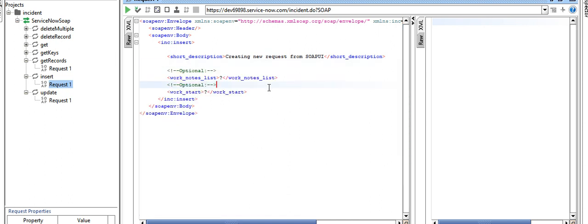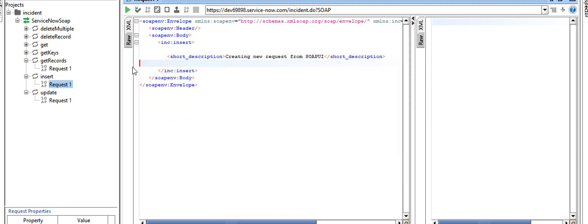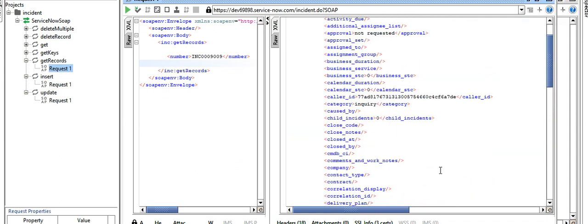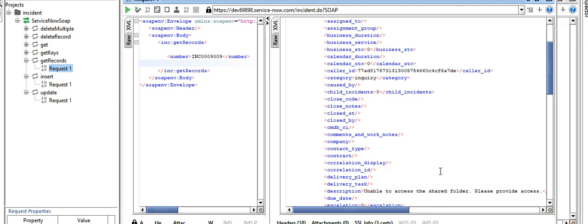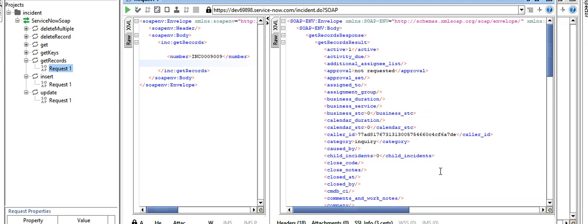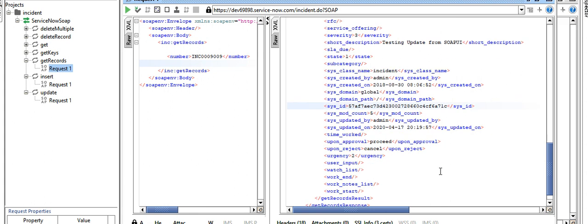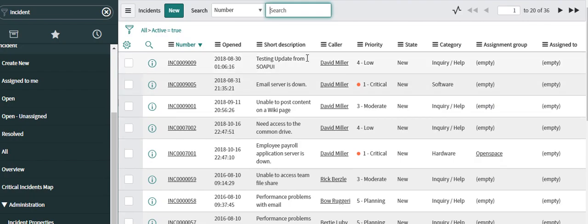Suppose we want to give a new assignment group, or automatically assign this ticket to a new group, we can do that. We can fetch the assignment group from this incident. I think the incident is not assigned; the assignment group is empty.